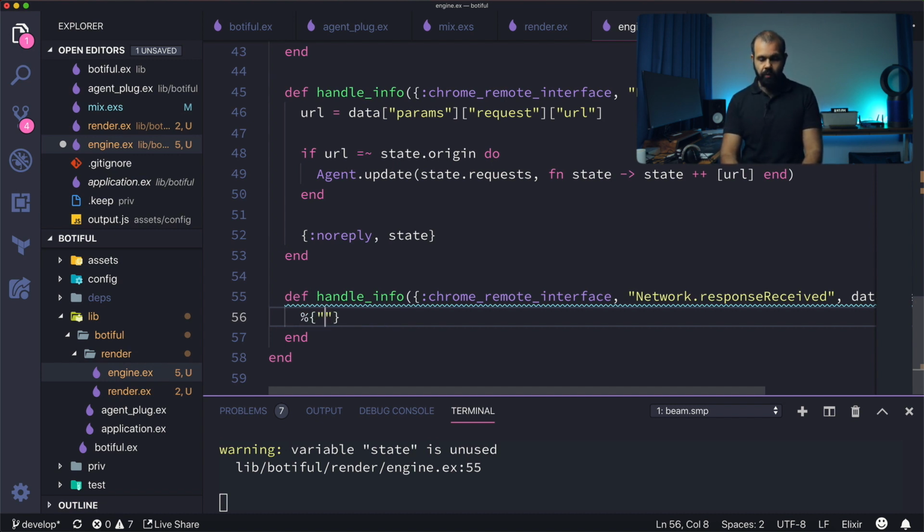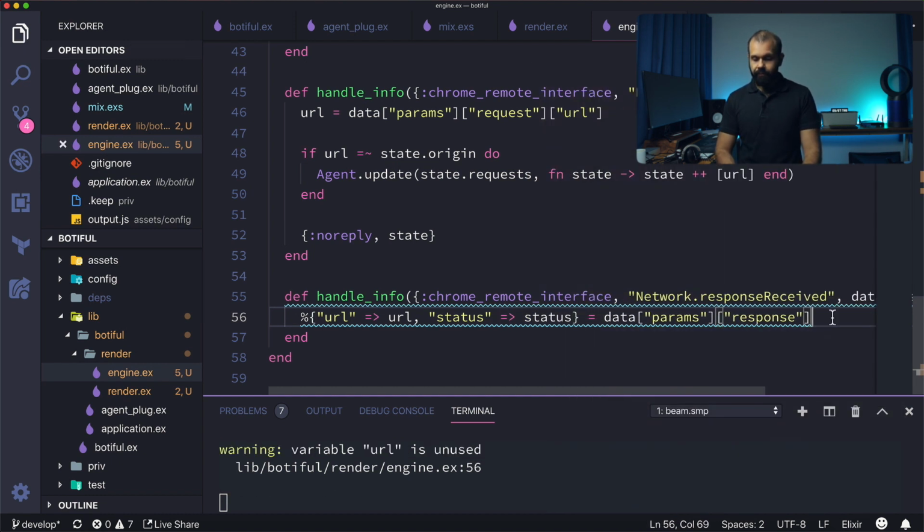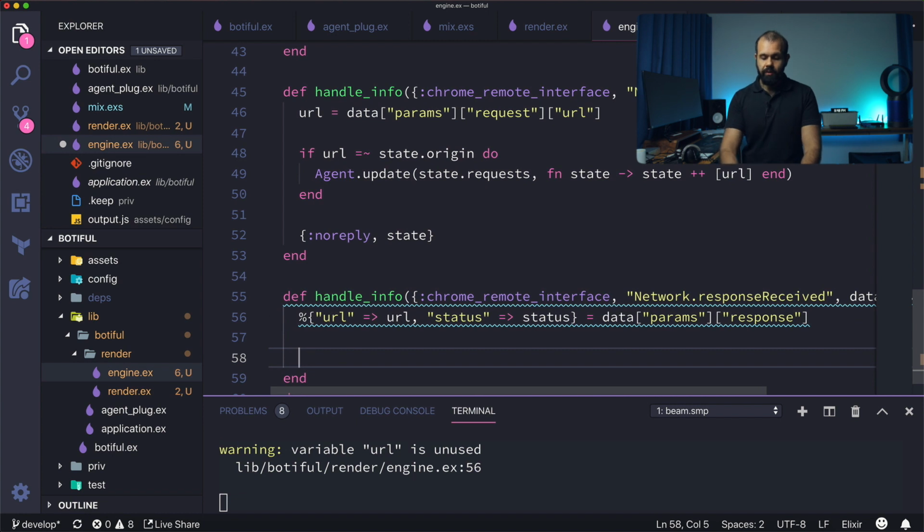So I'm going to do a URL. And basically, we can just do something like this: URL equals data, params, and then response. And we can also track the status. So status. All right, so now we're going to write another check. So if URL equals